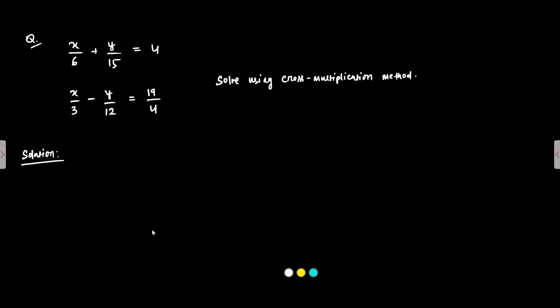So here is another question where we have two equations given by x by 6 plus y by 15 is equal to 4 and x by 3 minus y by 12 is equal to 19 by 4, and we have to solve for x and y using cross multiplication method. So first we'll write the equations. So x by 6 plus y by 15 is equal to 4, and then we have x by 3 minus y by 12 is equal to